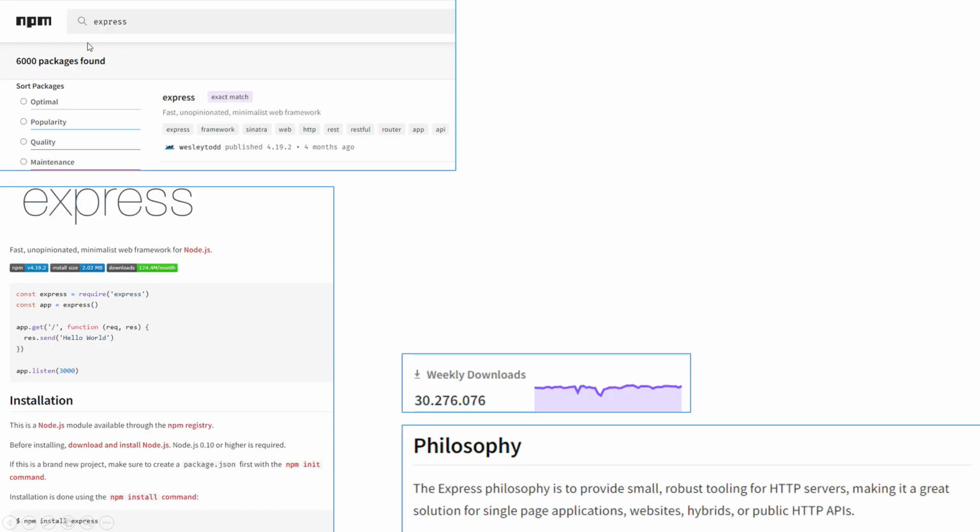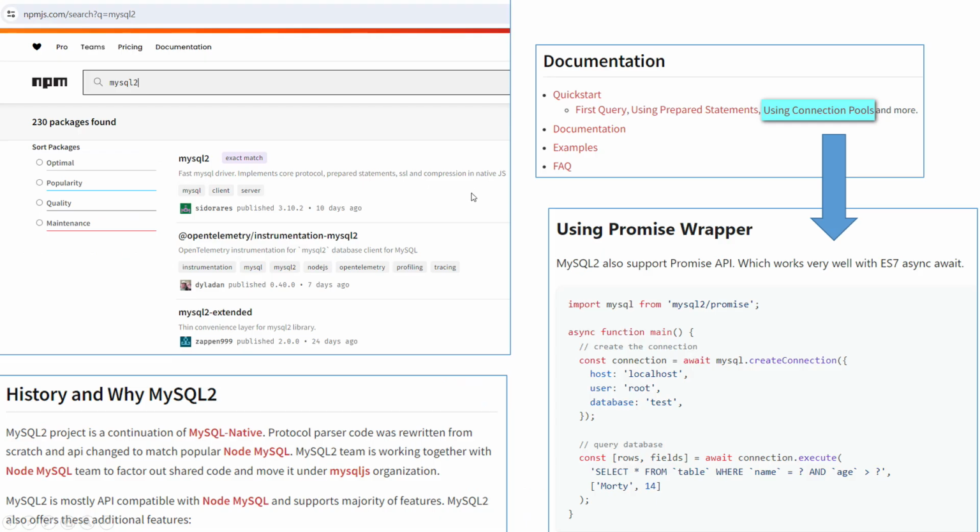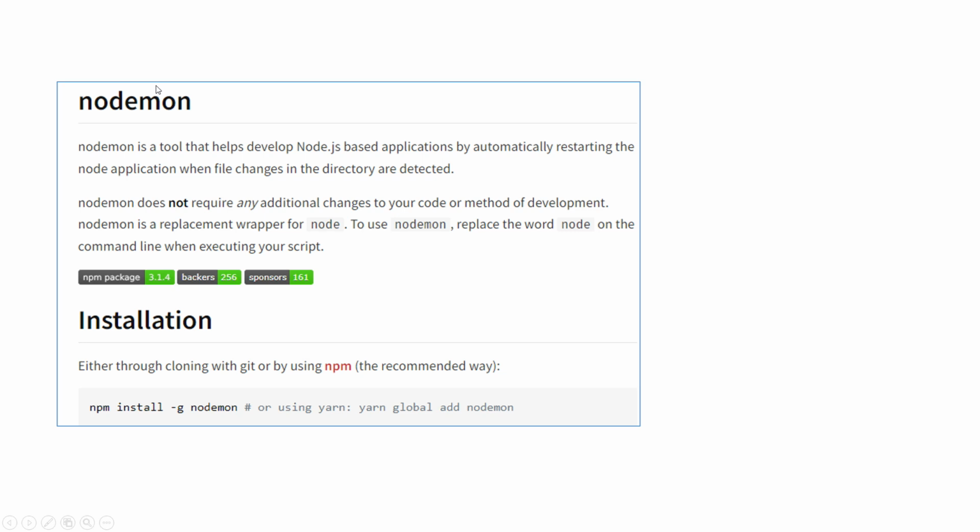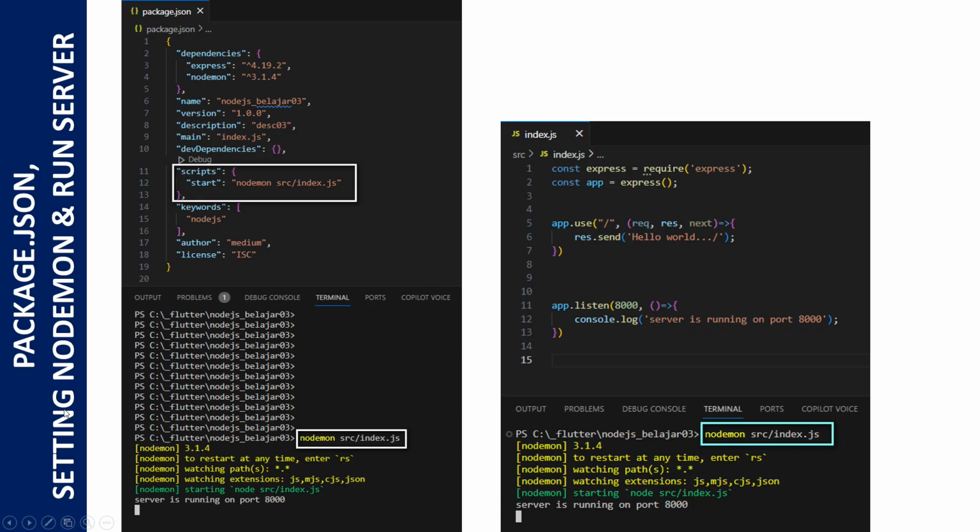This is to install the packages, Express, and also the MySQL 2 package, and the nodemon package. This is how to install. Okay, this is setting nodemon to run the server. This is how to run. This is the package JSON.